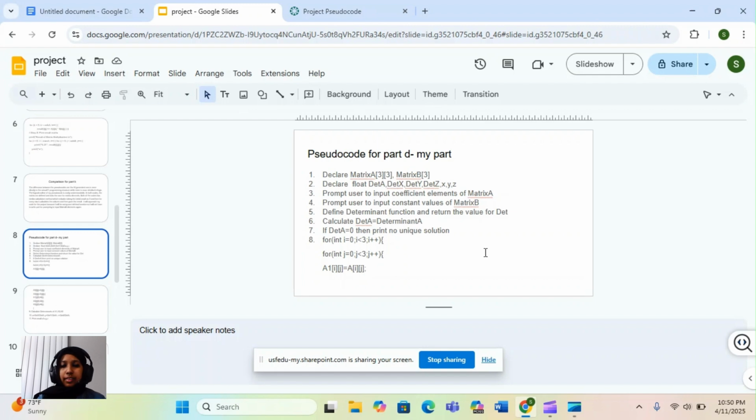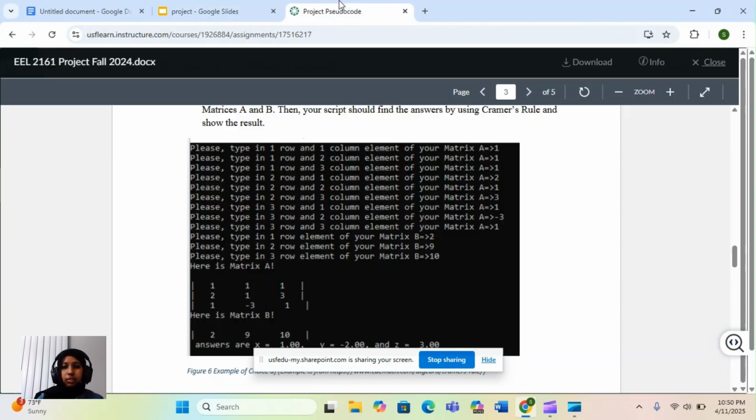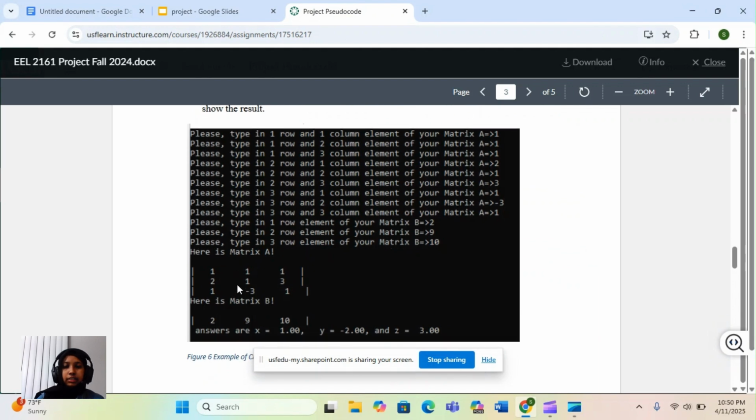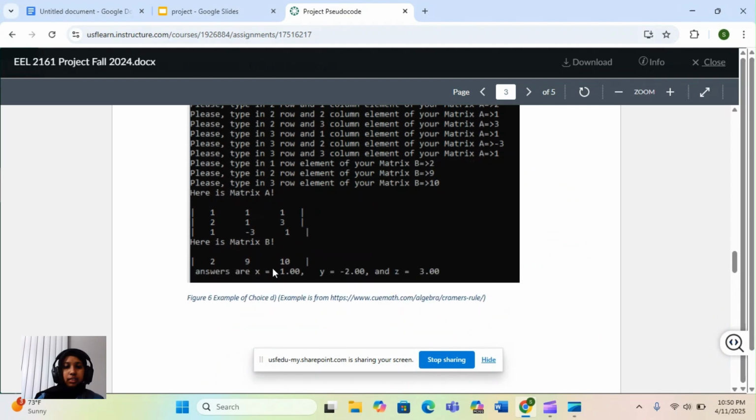B, right? Now we have to find the determinant of the function. So we'll be using Cramer's rule throughout the process. So how do we find the determinant function? I did not mention that in my code, but I'll just give you a rough idea about the code. So here, if this is a matrix A, and we're trying to find the determinant, then this